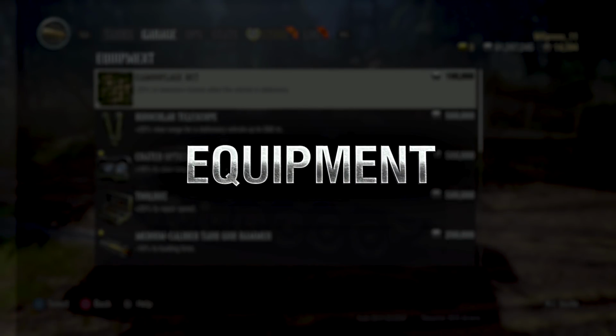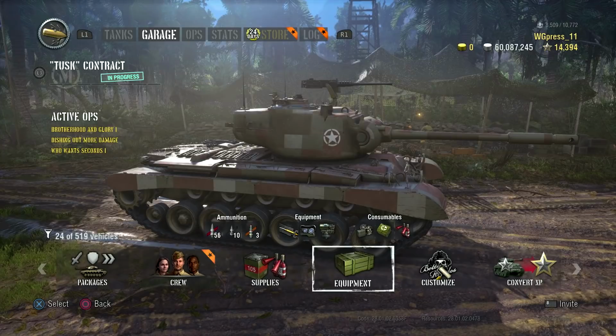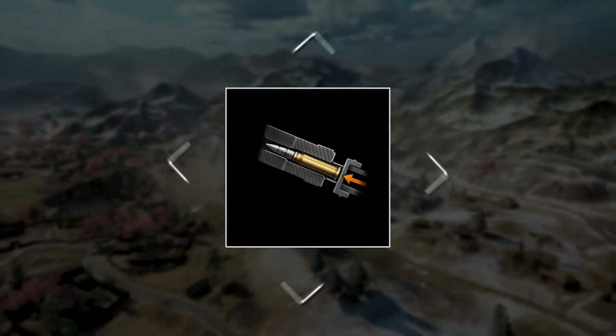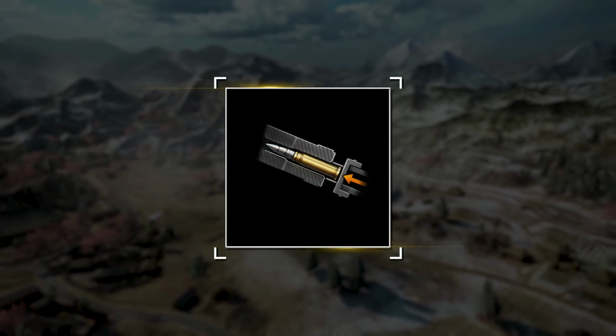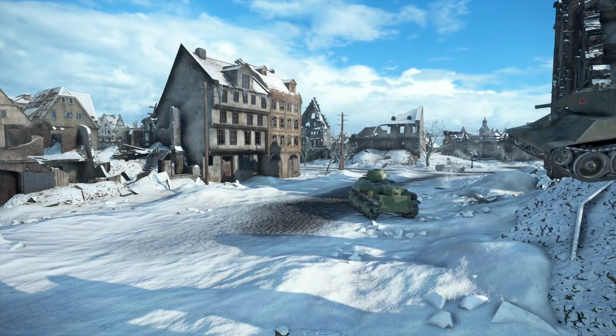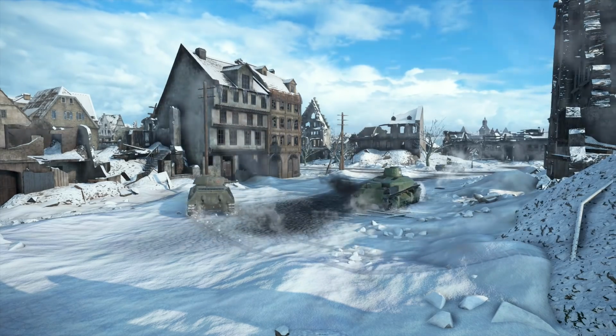Equipment. There are many equipment choices in World of Tanks console, but which ones are best? It entirely depends on the type of vehicle you play. But I certainly wouldn't be wrong in saying that every tank should have a gun rammer. No exceptions. A gun rammer provides a 10% reduction in gun loading time, which allows you to send more shells